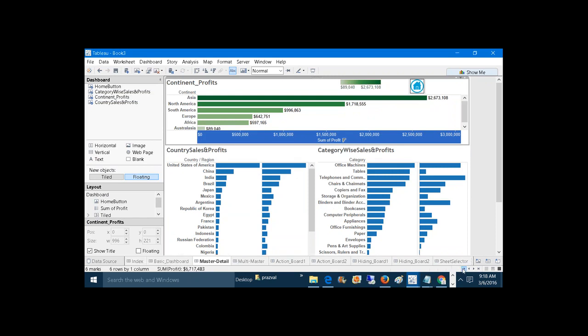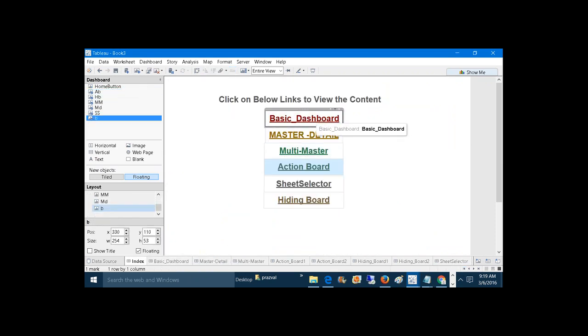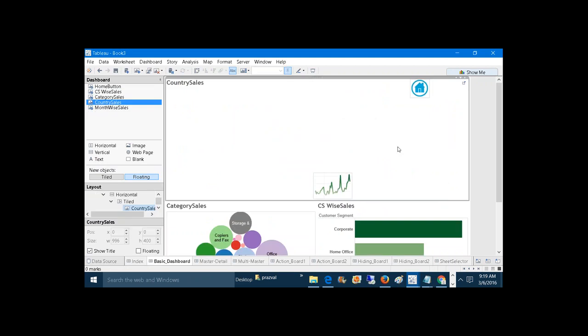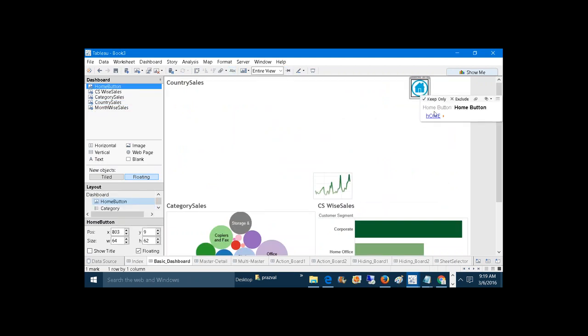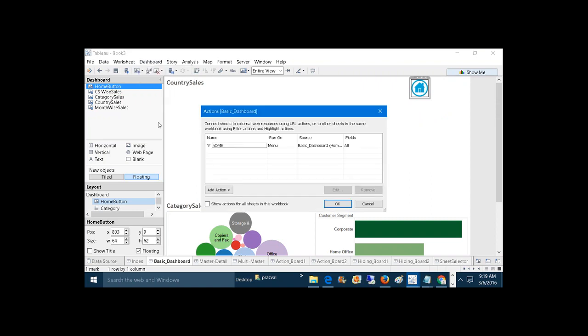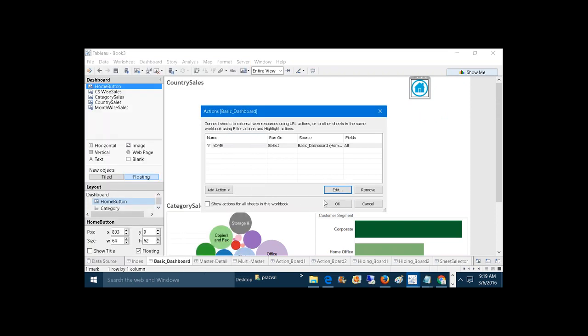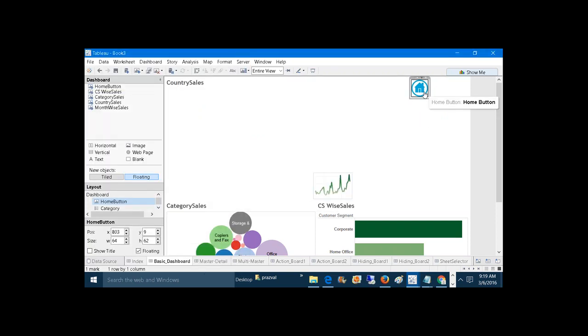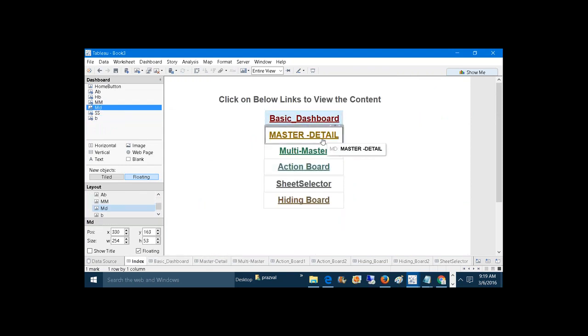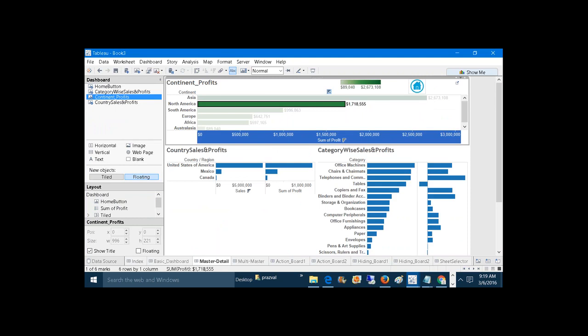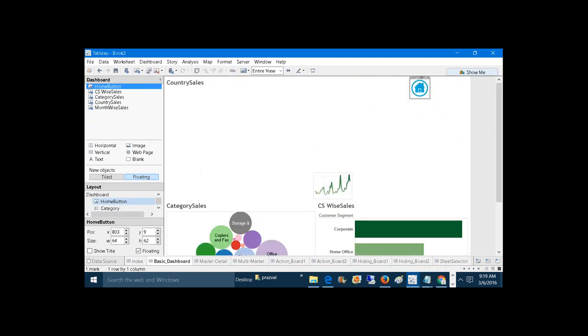Go back, go to the index, and click on any dashboard. Let me change it to select. Hit OK. Now when we click on this home button, Tableau will navigate to the index page. We click on the master detail, and again click on this home button. Now Tableau will navigate to the